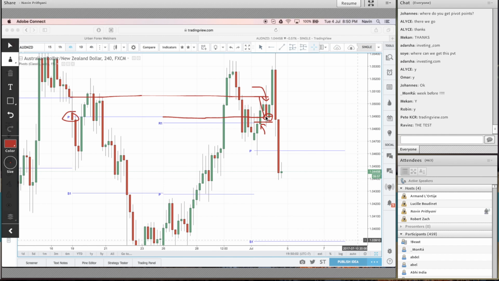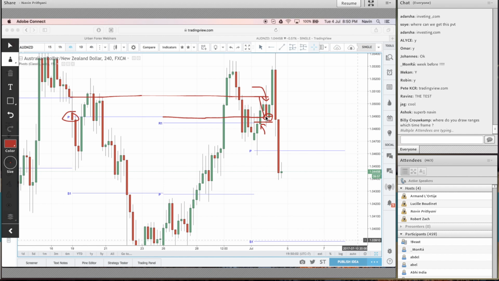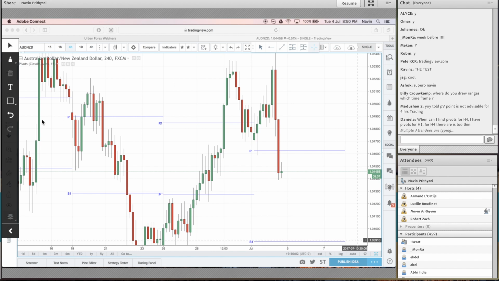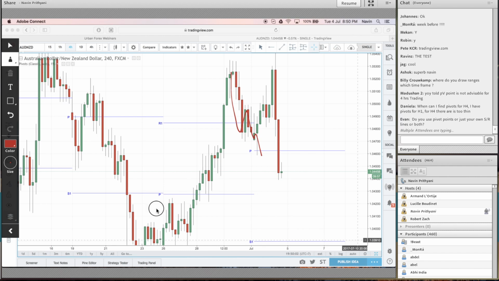Those of you who know the test from the 4-course bundle in the timing section will know this. Okay, Billy, when do you draw ranges? Which time frame? It depends which time frame you want to trade. For example, in this time frame, we're looking at the 4 hours and 60, because we can actually see the 4 hours making moves, causing people to get into the sell side and all that stuff. So we're using the 4 hours and 60 for precision. The overall flow of this 4 hours is in an uptrend, or what we call buyer's territory. And as it pulls back, as long as it's above here, it's still a buyer's market for us.